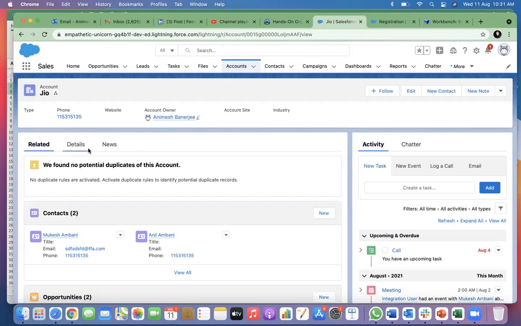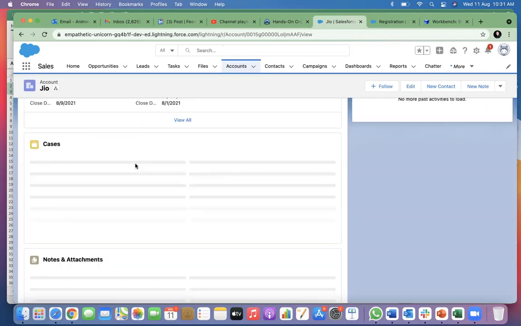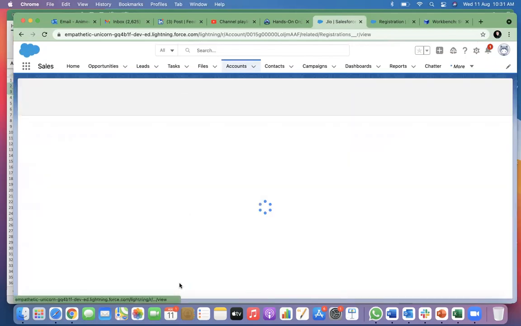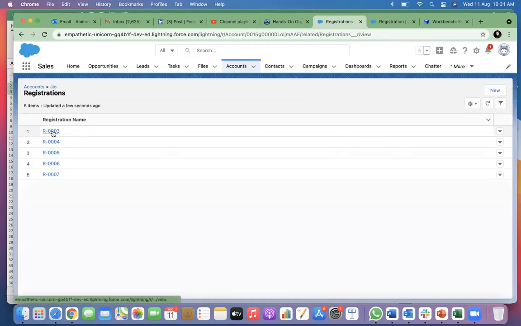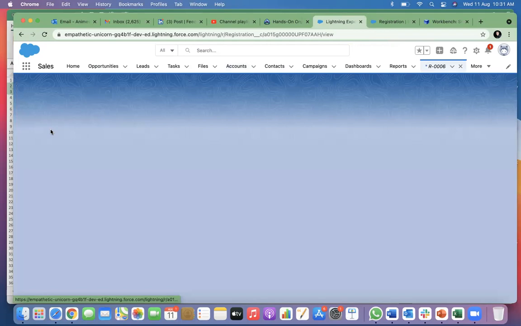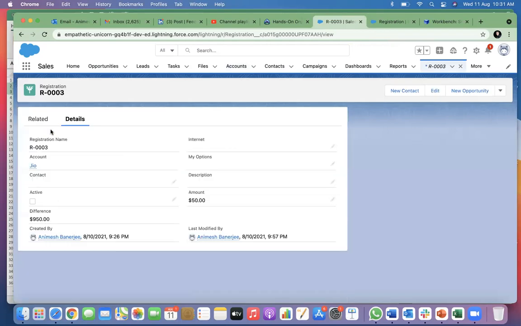So now let's go and check this out. What will happen now? If I now go to these geo IDs, view all. Let's see what is showing up here. 1000 was the total value, right? See, 50 is the amount. So 1000 minus 50, 950.